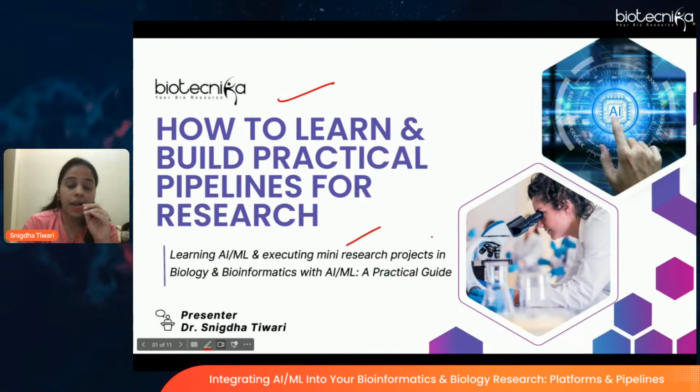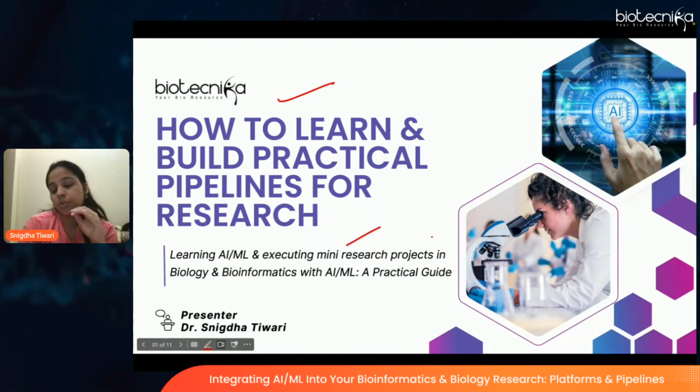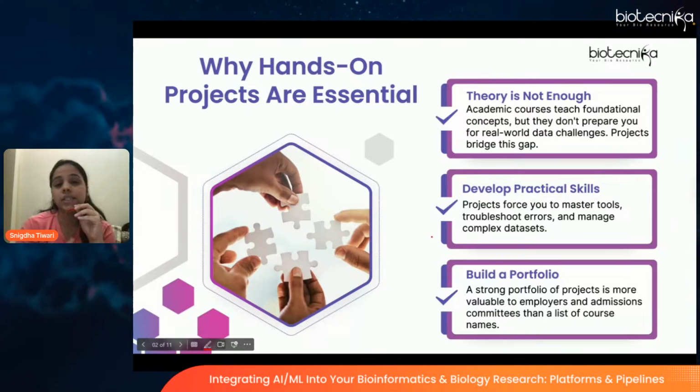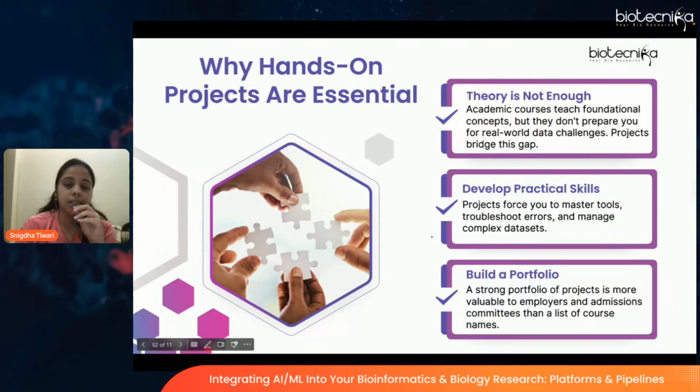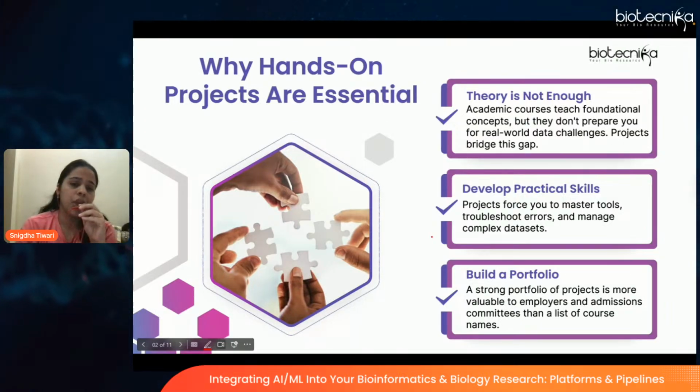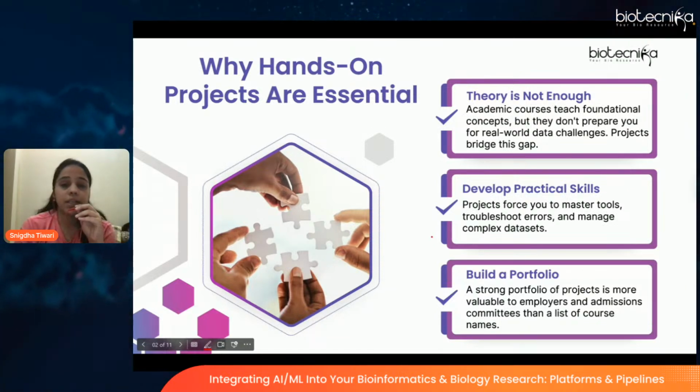Already Neeraj sir and Anuprabha ma'am very nicely told what the basic pipelines are, how to start your basic projects with Jupyter, with Python libraries. You can go ahead, you can take up any analysis, any troubleshooting, any disease, any of the data, and then explore from basics of pandas, numpy to scikit-learn, tensorflow.